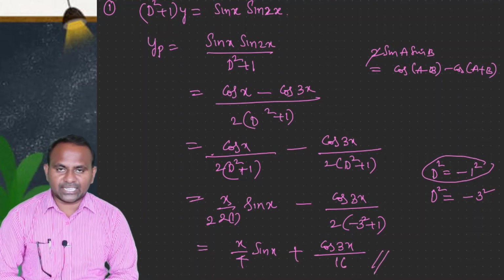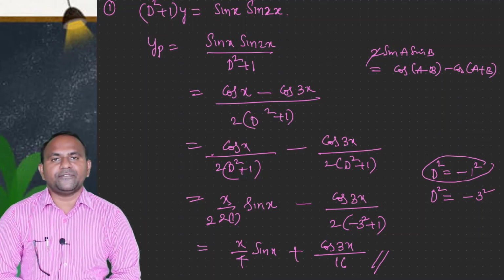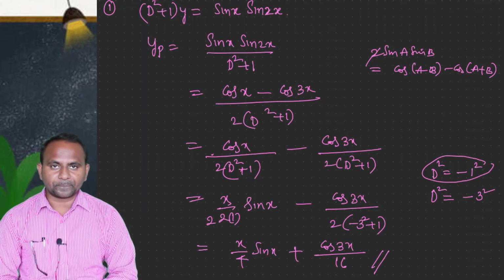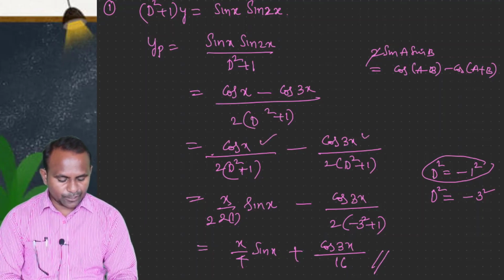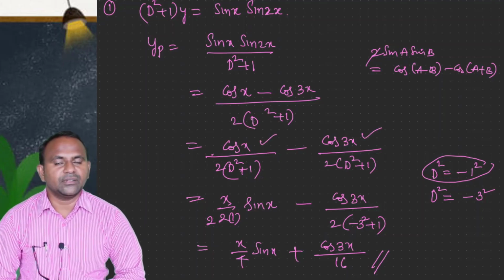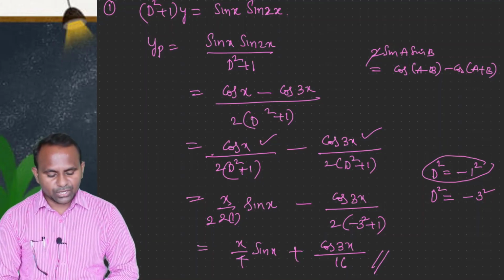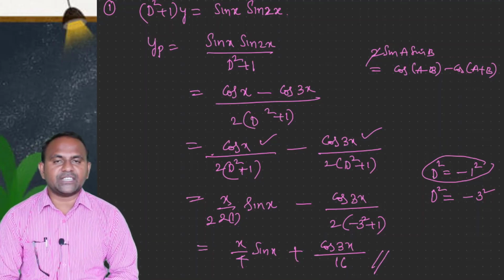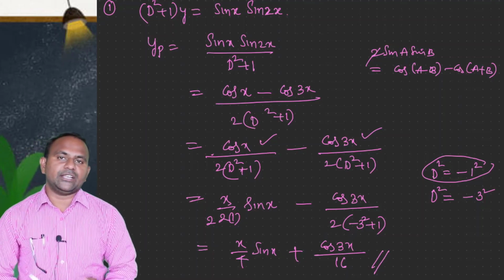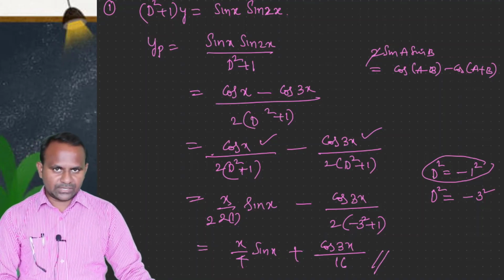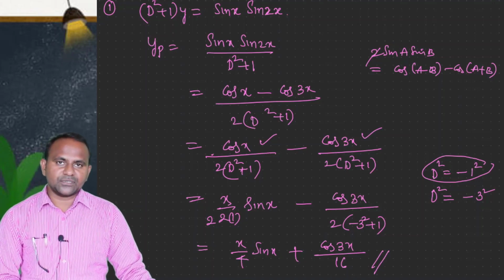And lastly, while writing the general solution, you may add the complementary function and the particular integral. So in this question, we have covered this failure case and non-failure case, like the substitution failed case and not failed case. So in this lecture, we have seen two types of particular integrals. One is exponential, the other one is sine or cosine functions. Clear? We'll see the other types in the later classes.